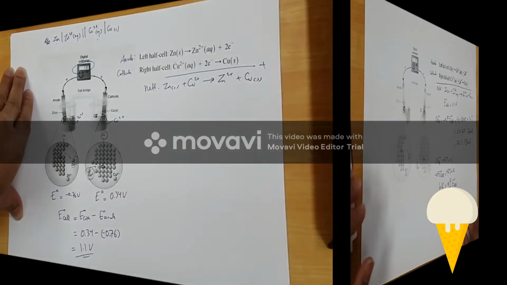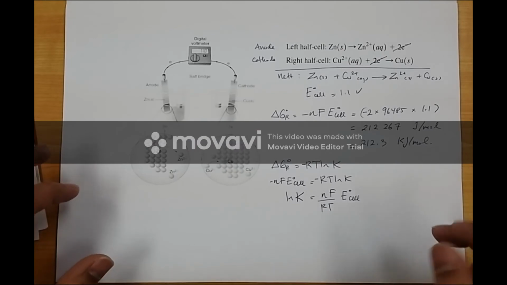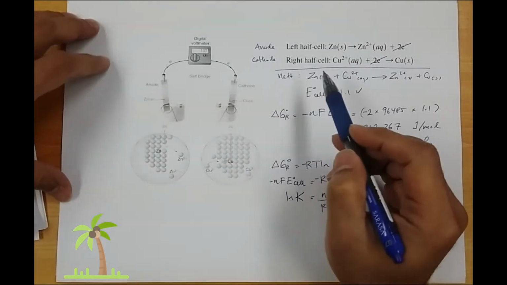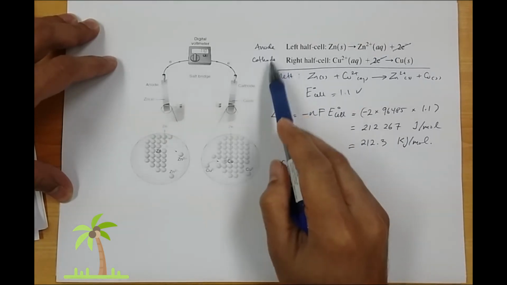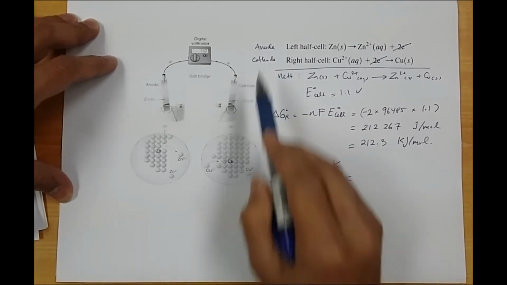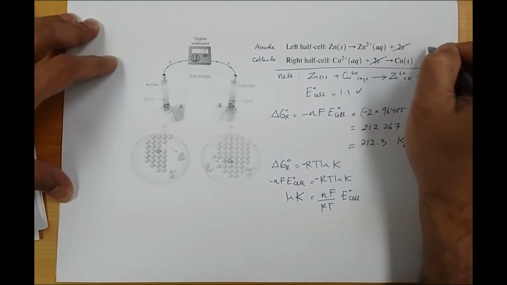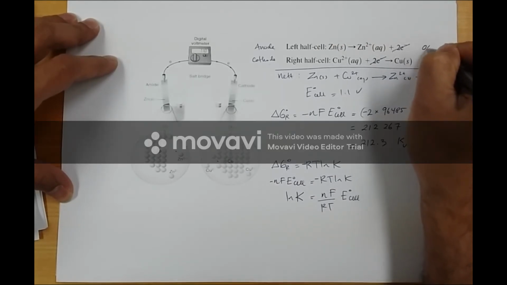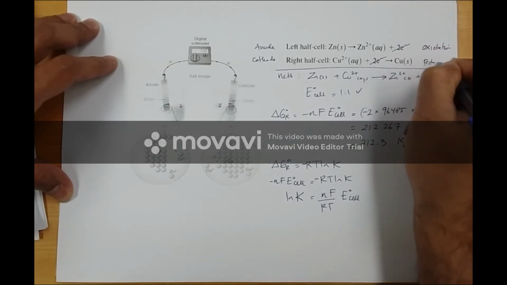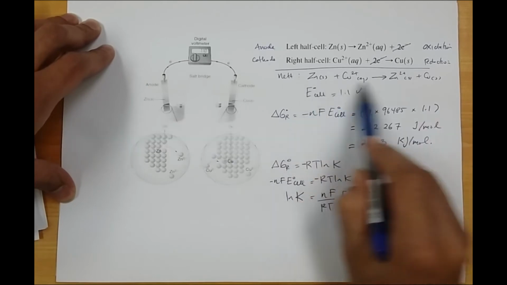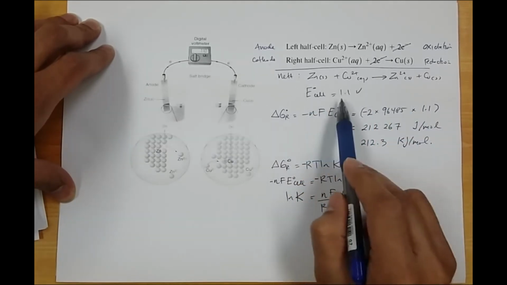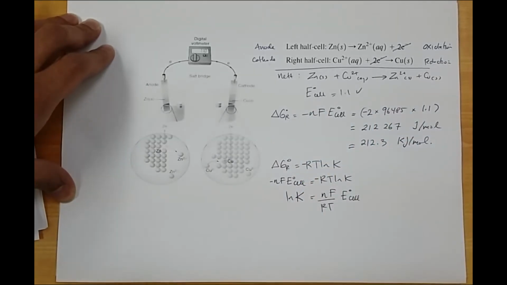Okay, so we're continuing the Daniell cell discussion. Just to repeat, we have these anode and cathode half cell reactions. The anode is always oxidation, and the cathode is the reduction, right? So the net reaction for the Daniell cell is this one, with the E naught of the cell that you calculate directly from the potential in the table